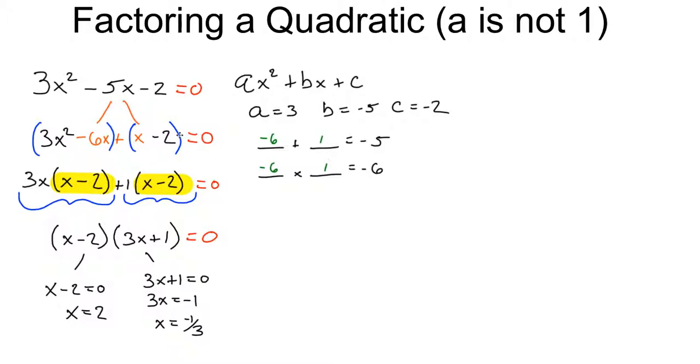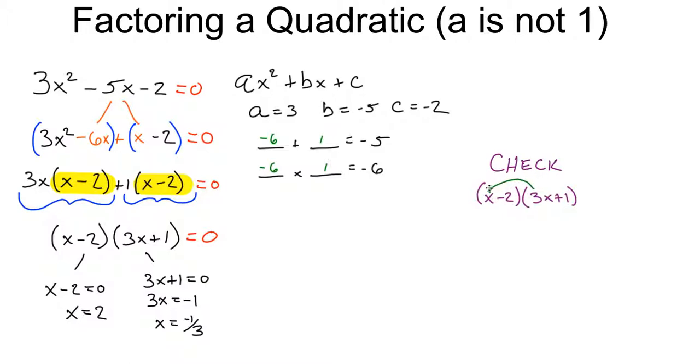And if I wanted to check my work to make sure that I factored everything correctly, the most straightforward way would be to distribute or FOIL the factors I have over here. So if I have x minus 2 times 3x plus 1, if I multiply those back together using the distributive property, I should end up with this expression that we had over here. So let's start by